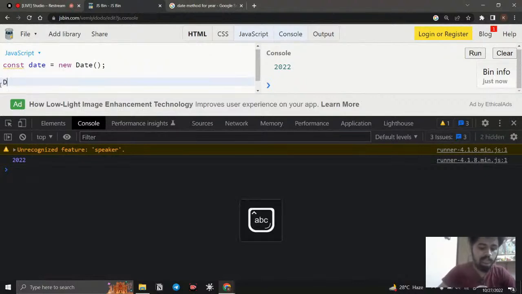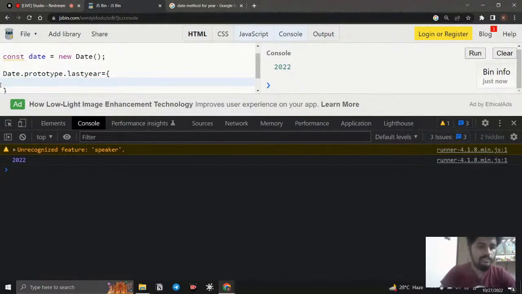So I say Date dot prototype, and it is going to be last year. This is going to be the method that I need to create. And here I add return, and what you need to do, new Date dot